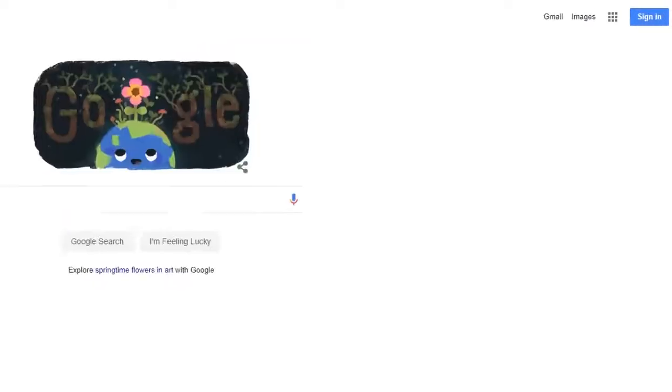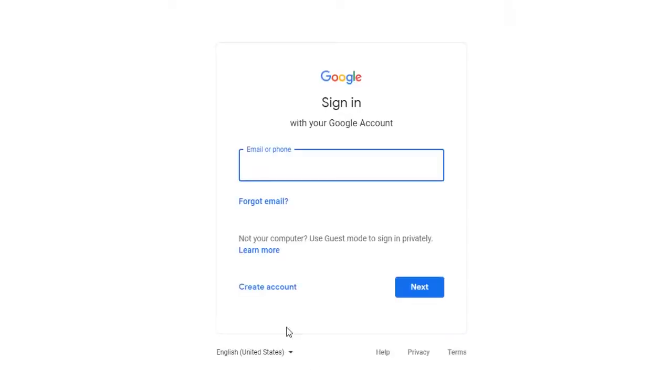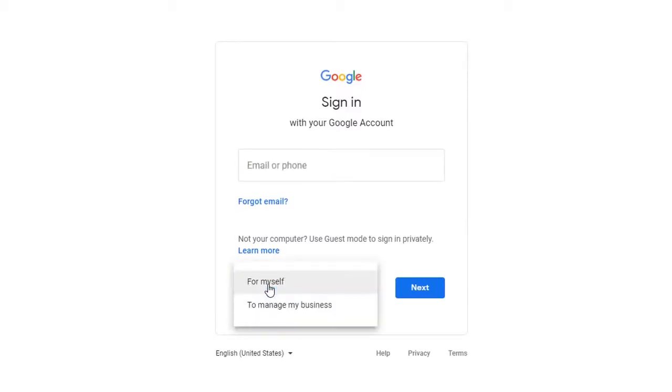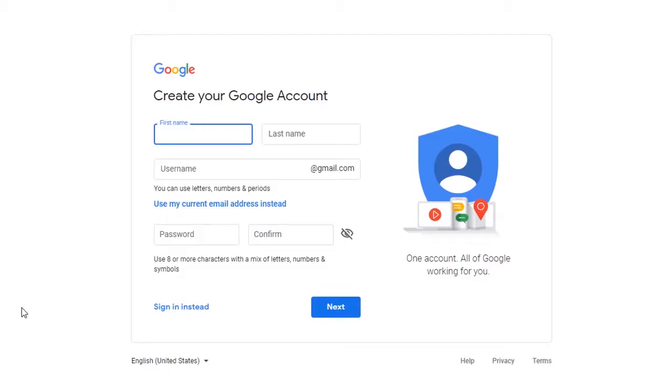Go to google.com and click on the sign in button on the top right hand side, then click on the create account link. Choose the to manage my business option. If you don't see a drop down, simply click on create an account. Enter your details starting with your first name and last name,